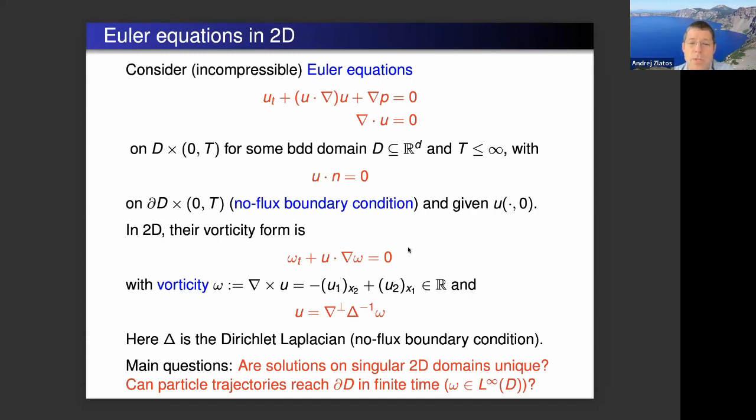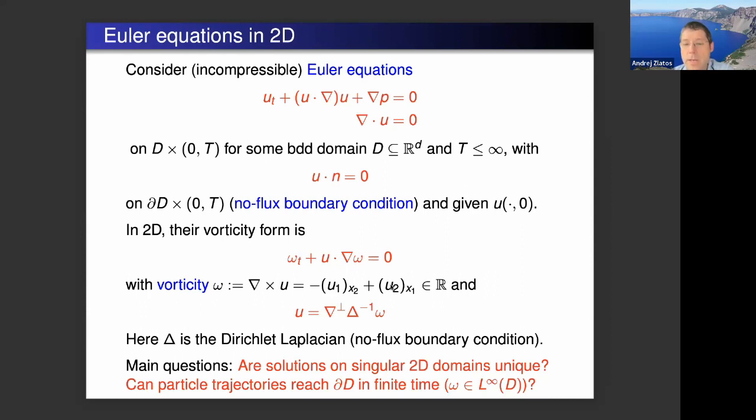And in 2 dimensions, we can quickly get rid of the pressure, which is the most annoying term, by taking the vorticity of the velocity u. And so then the 2 equations simplify to a single equation, which automatically will have the velocity incompressible, which is, of course, the second equation here. And the velocity can be determined from the vorticity by this Biot-Savart law, where we take the vorticity, which is now a scalar,